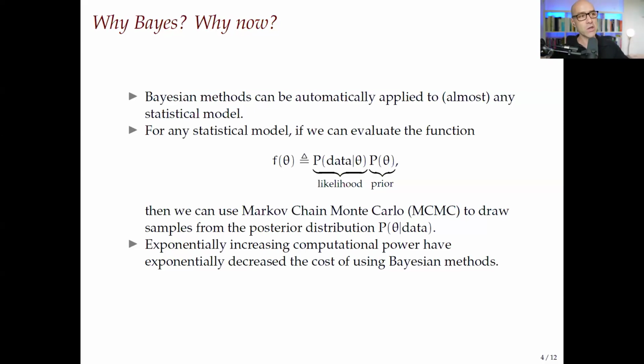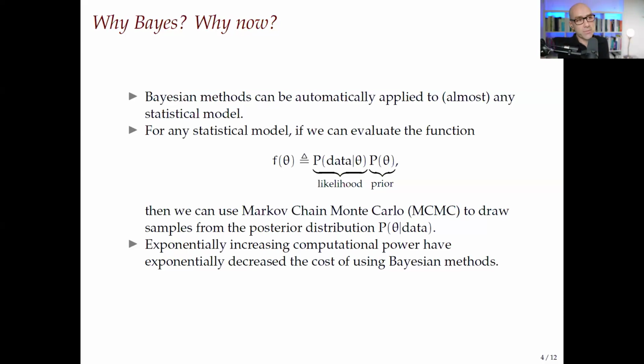If you can evaluate those two functions at any point in parameter space, then you can evaluate their product, and that's sufficient to sample from the posterior distribution using Markov chain Monte Carlo methods, which Ben is going to talk about in more detail. And that is going to give us this probability distribution over basically all the unknowns in the model, conditioned on what we know or assume in the model.